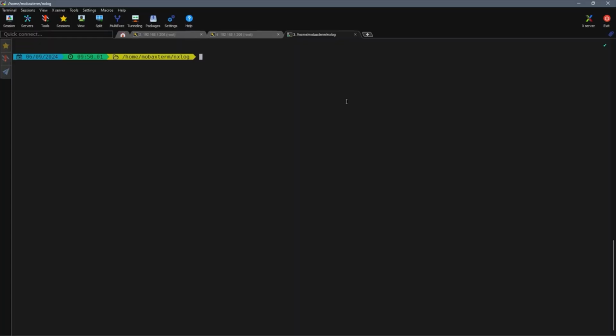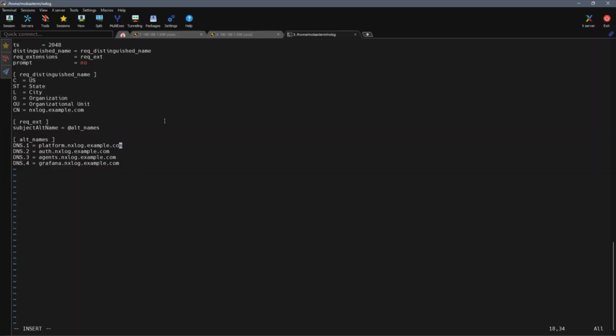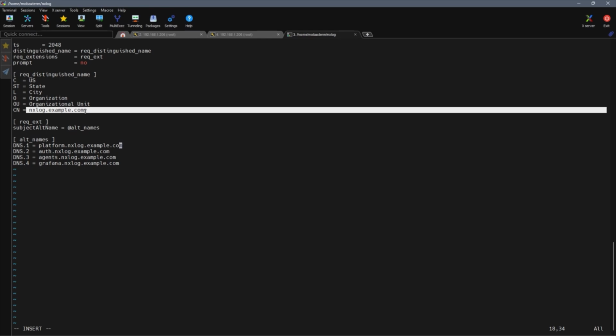Firstly, we will create an OpenSSL configuration named multidomain.conf. I have edited the subject alternative names to reflect the DNS names that my platform on premises uses. In my case, my domain name is nxlog.example.com. Therefore, I have ensured to add